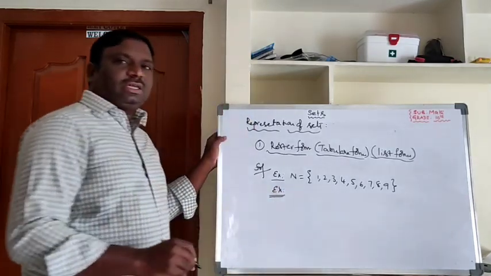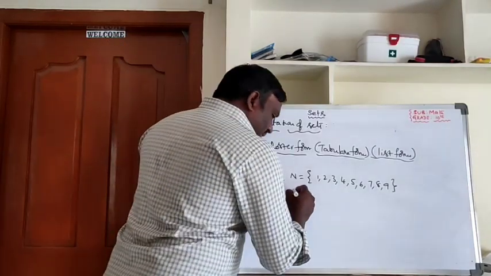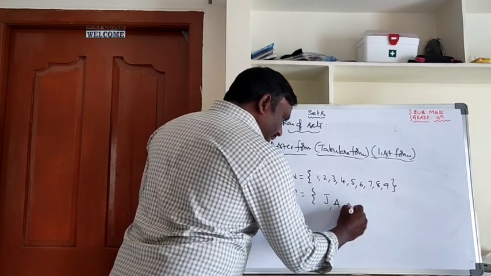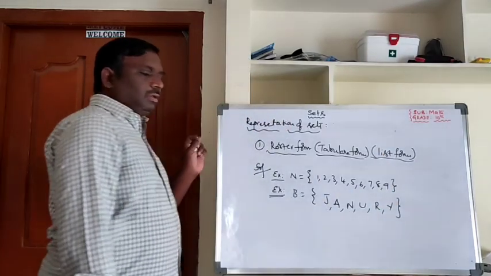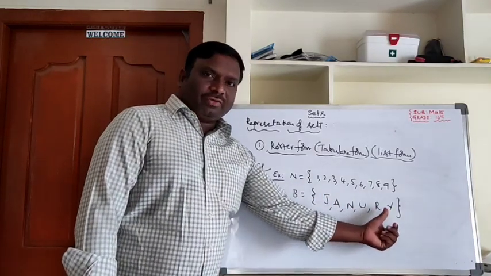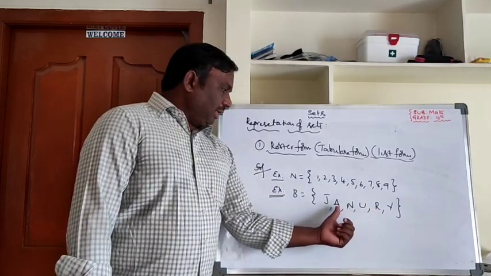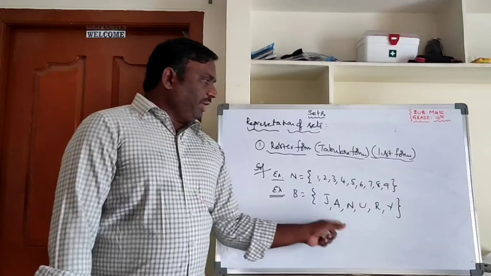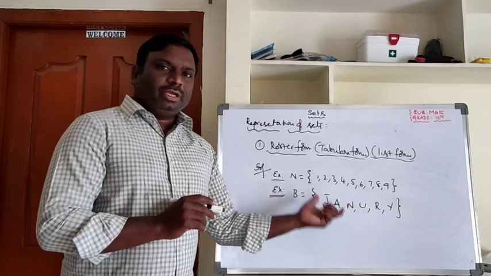Take one more example. The set of all letters of the word January. So the set of all letters of the word January means J, A, N, U, R, Y. See, identify the spelling here: J, A, N, U, A, R, Y is January. But there is no second A here. I am not writing A again, already I have written A here. No need to write it again and again. So from this we can observe, elements should not be repeated in a set.